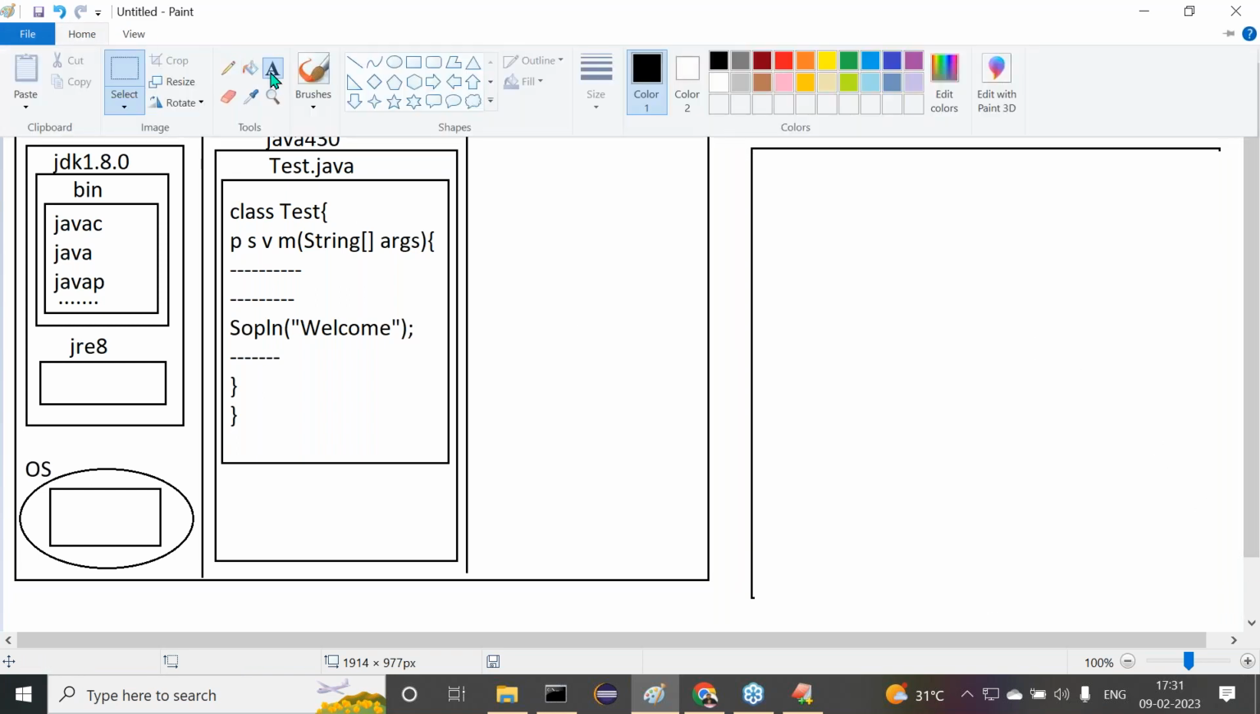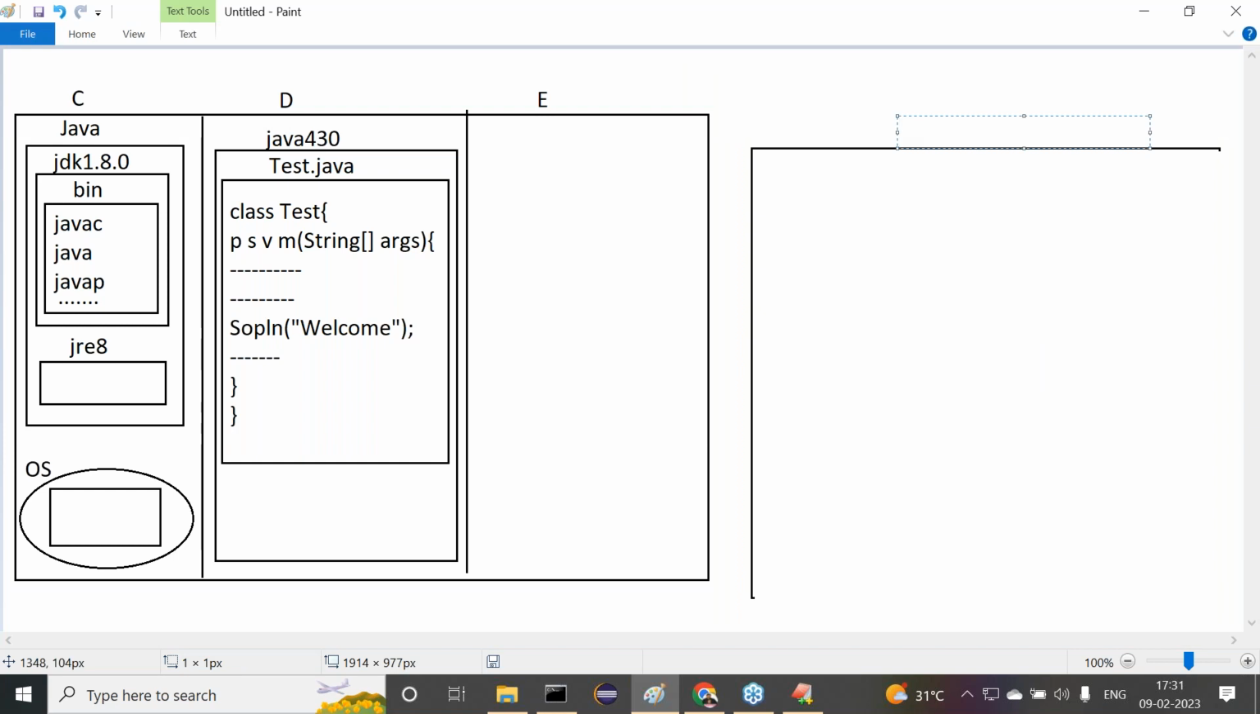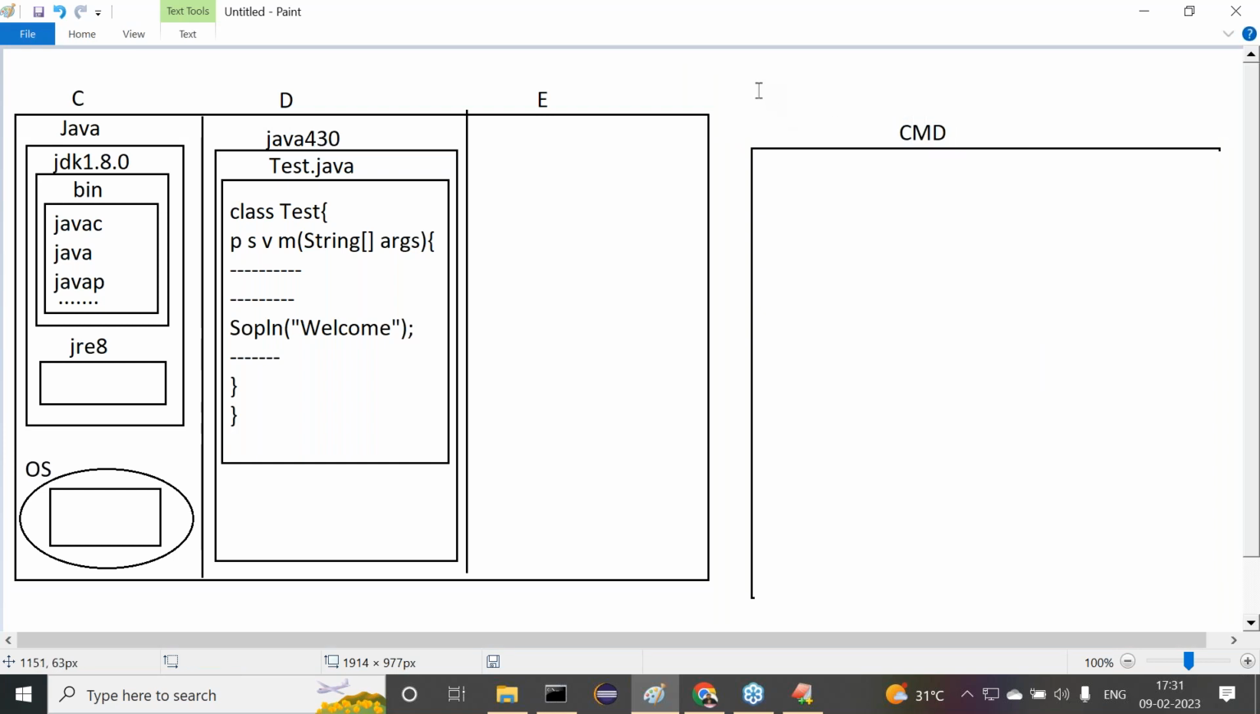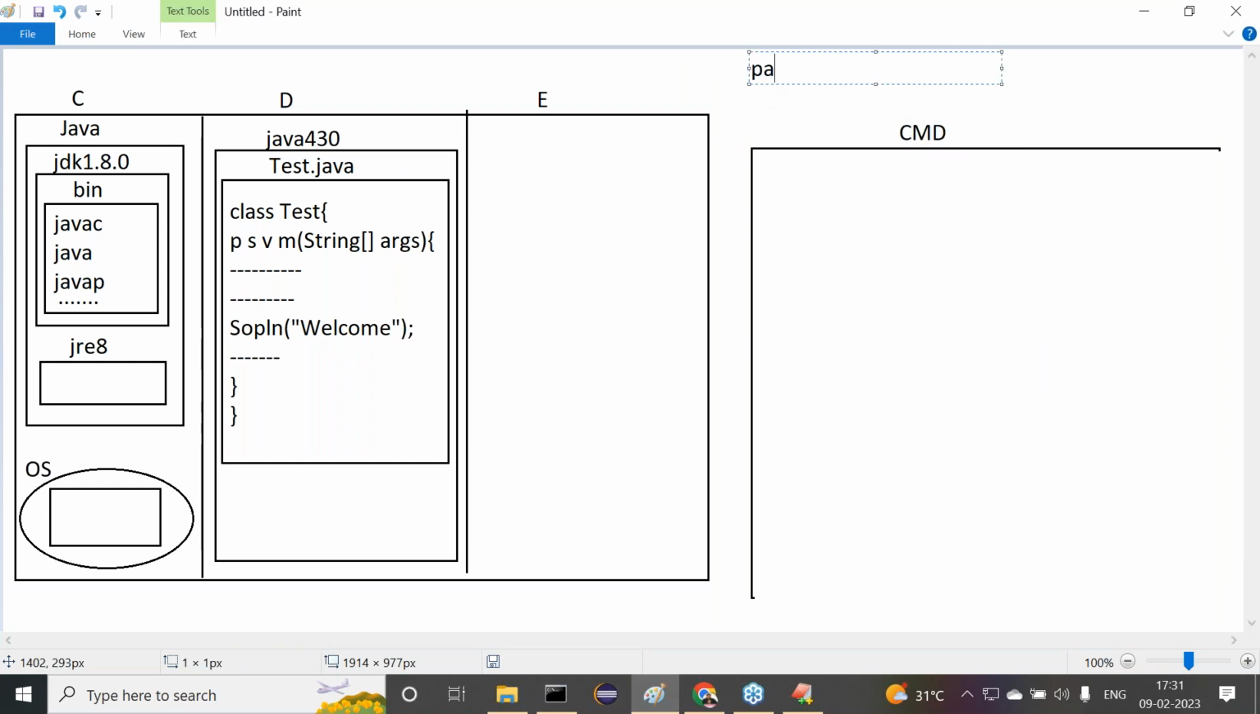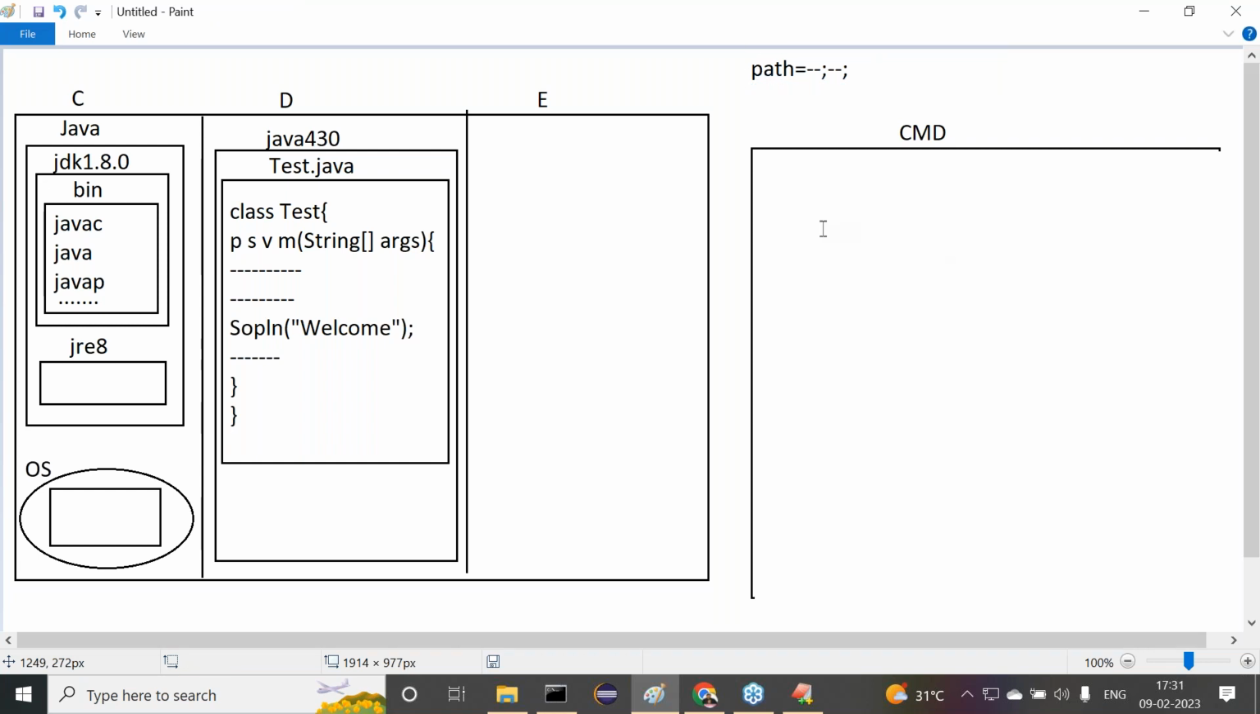Right. Now this is the command prompt. To compile the program, before that, we have already the path environment variable. Some different locations, not related to Java, are available. Some other locations are available with the path environment variable. All right. If you want to compile the program,